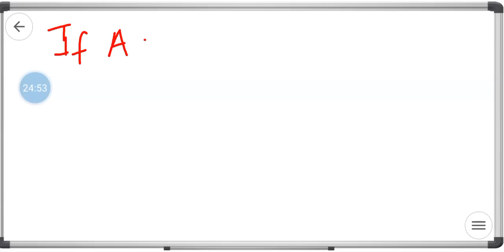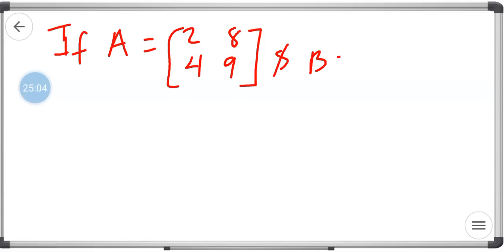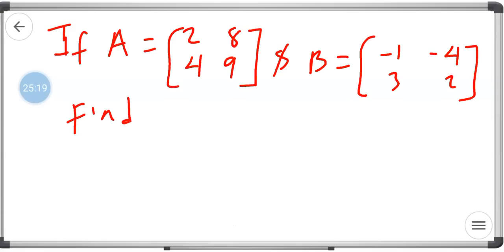matrix A equals 2, 8, 4, 9, and matrix B equals -1, -4, 3, 2. Now find A minus B. So if matrix A equals 2, 8, 4, 9, and matrix B equals -1, -4, 3, 2, find A minus